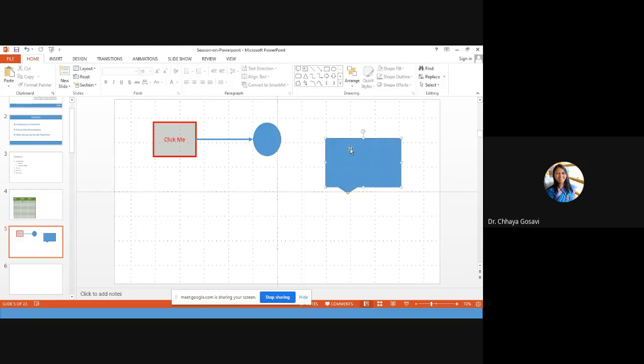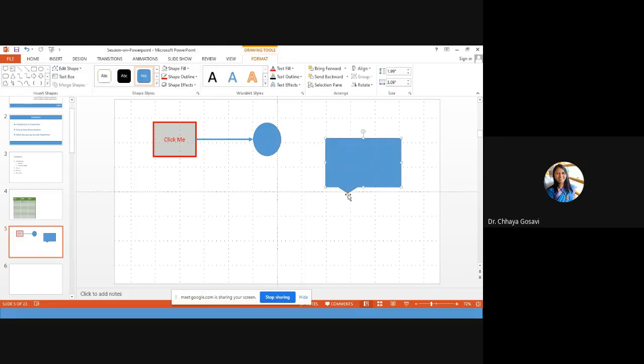And if you click here, you can see this small yellow dot is there. I think it is visible. So it allows you to change the position of this callout. So there are two types of dots, green dot and yellow dot. And these white dots allow you to change the size of your shape.